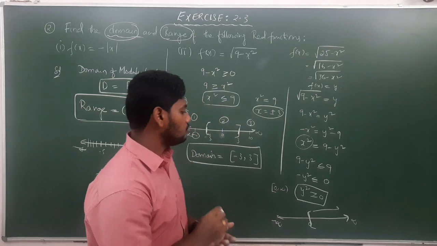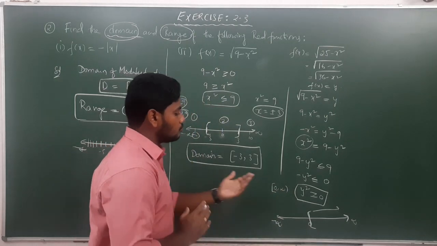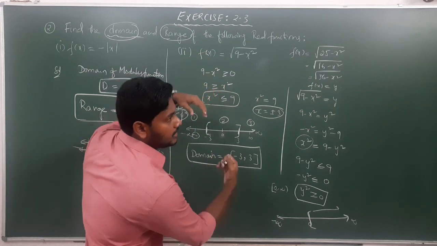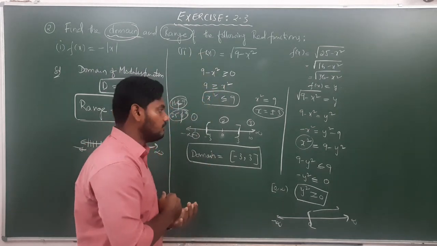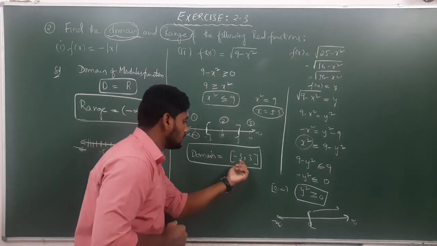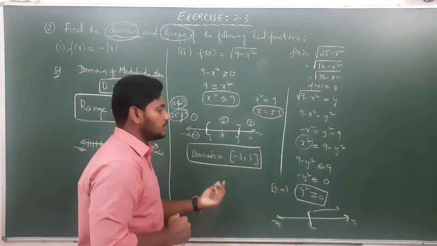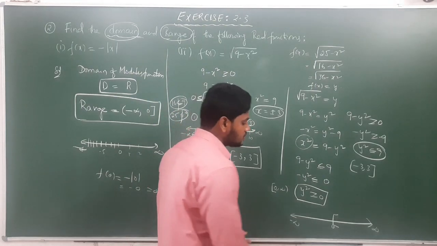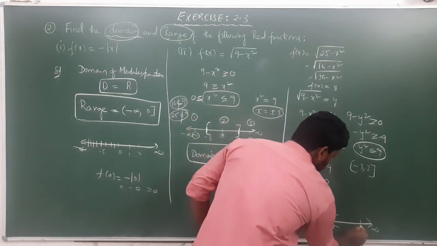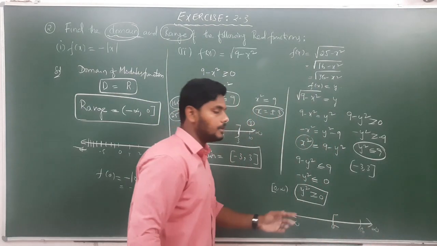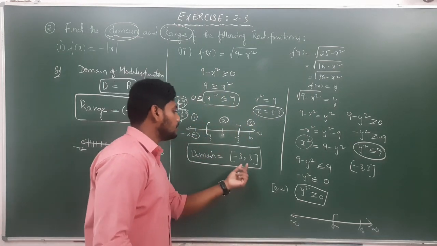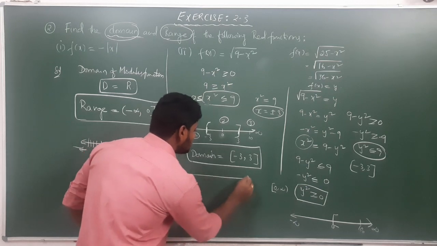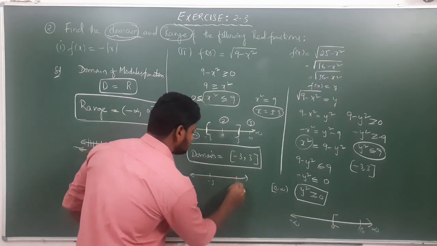Now here you need to make a note. Range is nothing but y values, the output after substituting domain values. But what are the domain values? Minus 3 to 3 only. That means if we substitute these numbers, we should get values in between. 0 to infinity means it may be 100 also. But as the domain values are minus 3 to 3,